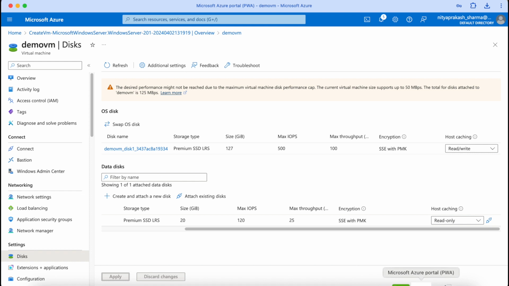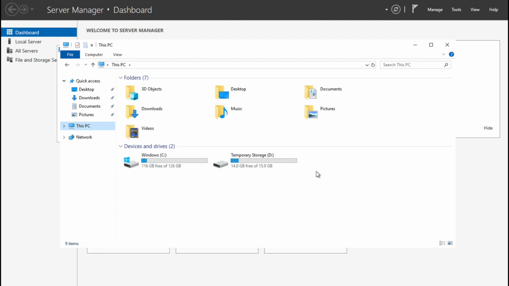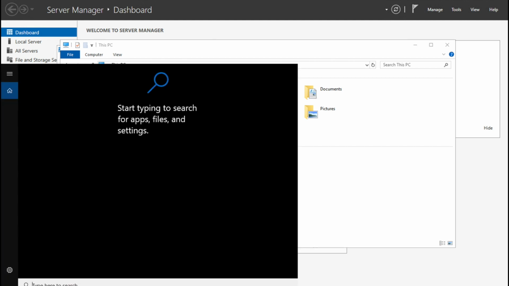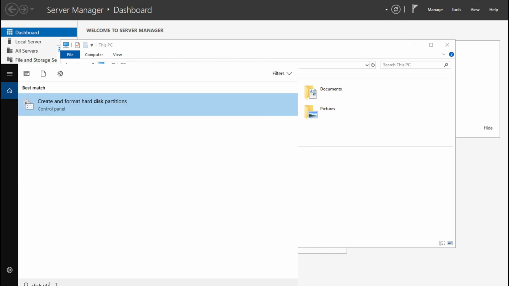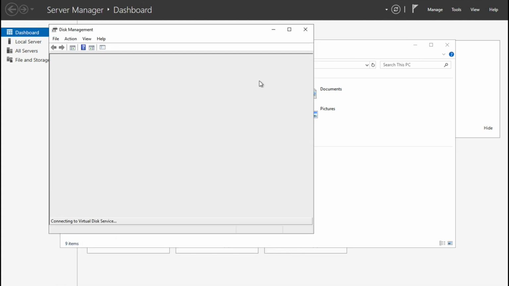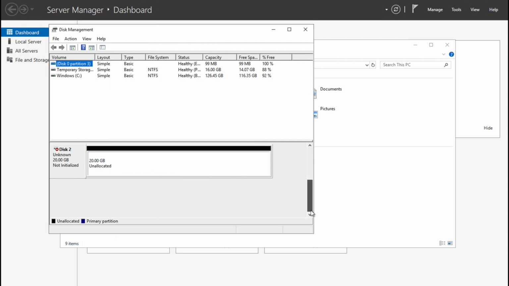So I will log in to this VM again. Go there, C drive, and we don't see any disk here yet. So let's see. We go to disk utility, because it will not appear here until we mount it. So go to disk utility, create and format the partitions. Here we see there are two disks. One is data, and scrolling down, we have an unmounted 20 GB space we created, which is unallocated. So we have to allocate it first,